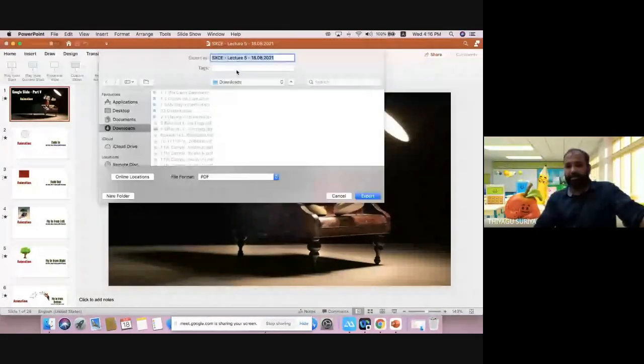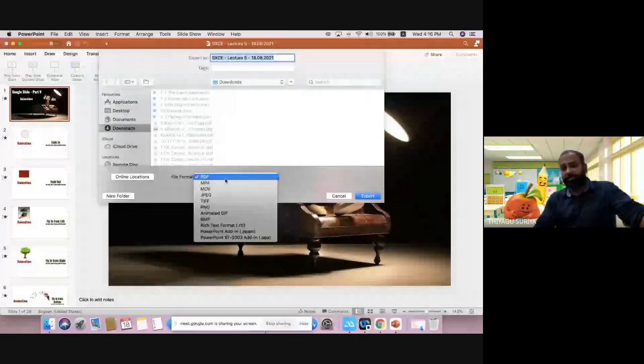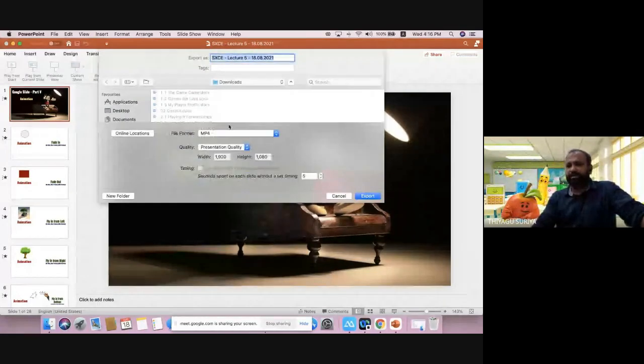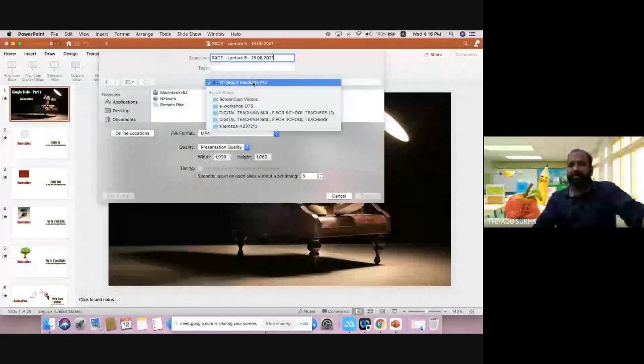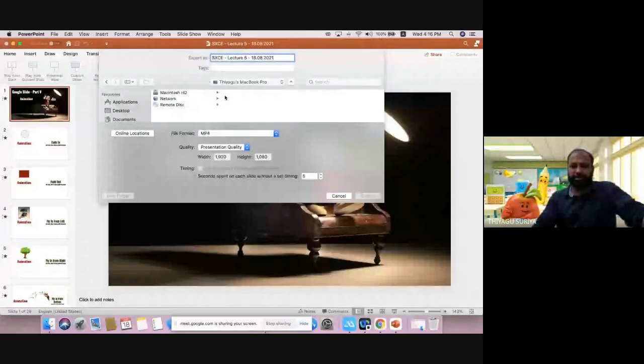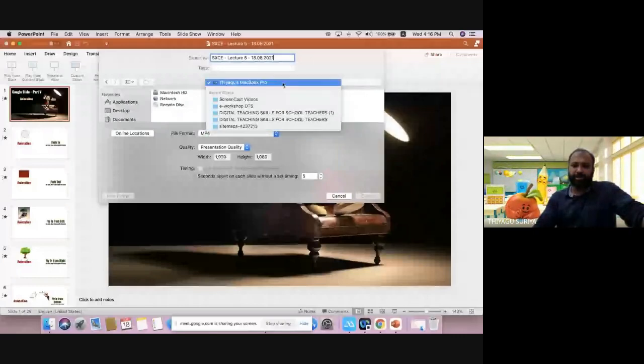Here there is an option whether you'd like a PDF file, MP4 file, MOV file, JPEG file, PNG file, animated GIF, or rich text, or any format you like. You can select it. Now I'd like to go with MP4. Now you can see the file name, and you can keep the path. Suppose you'd like to keep this video on the desktop, you can select the desktop or the users folder, wherever you want to keep it. Then after that, you have to go for download. So now I'll go with the screencast videos folder itself. Based on your needs, you can modify it.